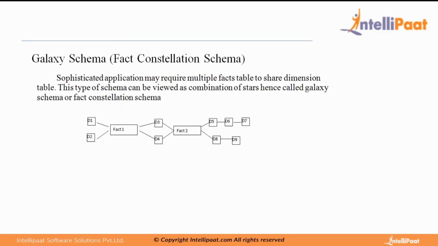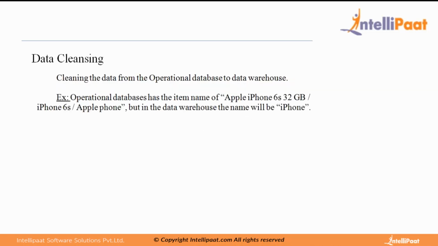This is about the different data modeling techniques we use to design our data warehouse. Now, data cleansing is the process of cleaning your data. So where do you clean your data? This is the stage where we bring the data from the source and keep it in a staging area. What is the staging area? A staging area is any area within a database, or a flat file area within the server. It can be a flat file or a relational database, where you bring in the data from the source, keep it, clean it there, and then load it into the data warehouse.